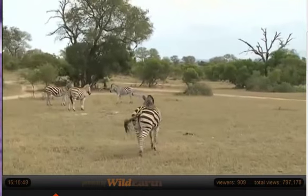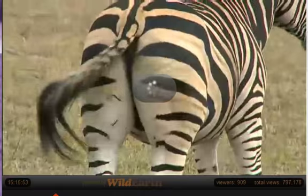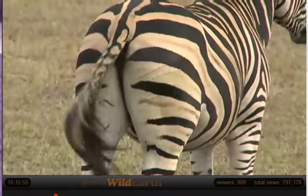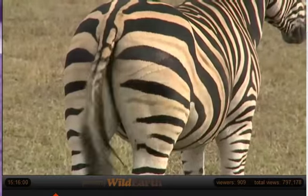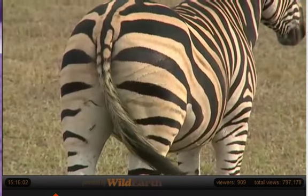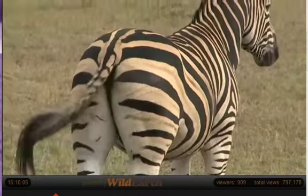Oh, have a look on his rump as well. Not quite nearly as bad. Another escapee from lions, but that looks like the lion didn't really ever get hold properly. Just a little scratch. Could be from something else, but